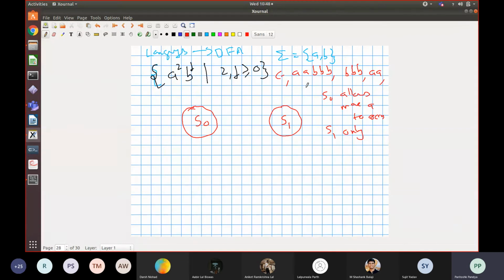Because strings have to be of the form a sequence of A's followed by a sequence of B's. So you could be in this first A part or you could be in this B part, right? Only B's, right? And after a B, if an A occurs, then that's an error state, right? So I'll have an S2, and S2 is an error state, right? So we'll have this kind of logic in defining this automaton.